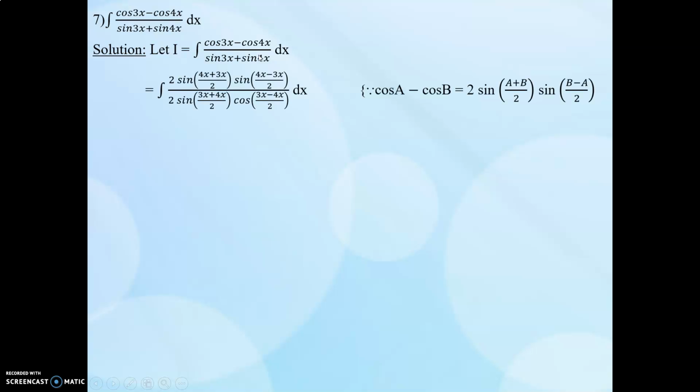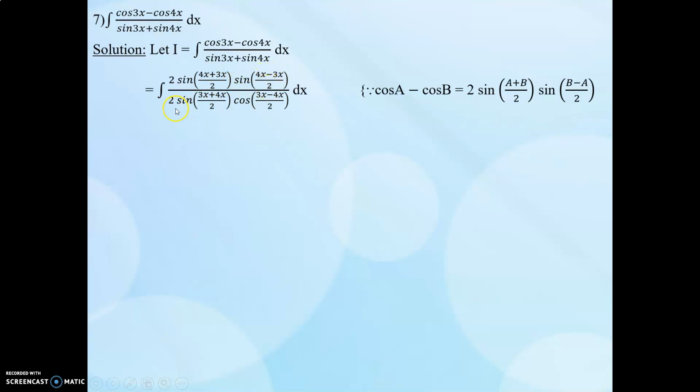Next question is integral (cos 3x minus cos 4x) upon (sin 3x plus sin 4x) dx. Here cos a in the numerator, this is in the format of cos a minus cos b. So the question is here I equal to this one. So numerator we can substitute with cos a minus cos b formula, and denominator we can substitute with sin a plus sin b formula. So this integral will become 2 sin (4x plus 3x) upon 2 into sin (4x minus 3x) upon 2